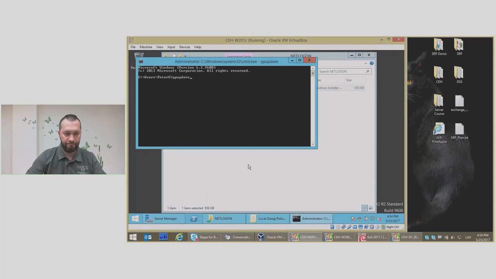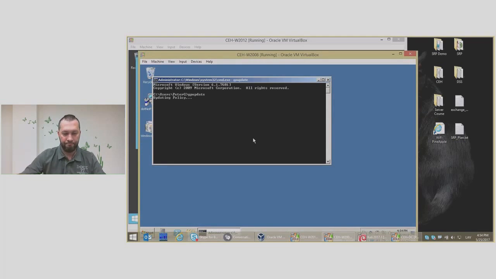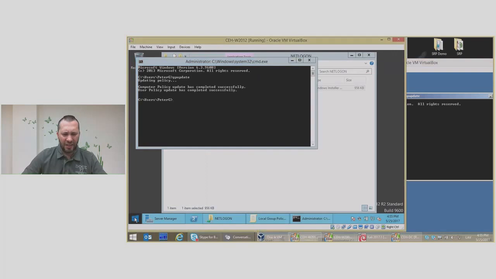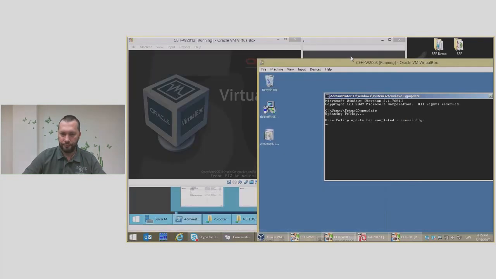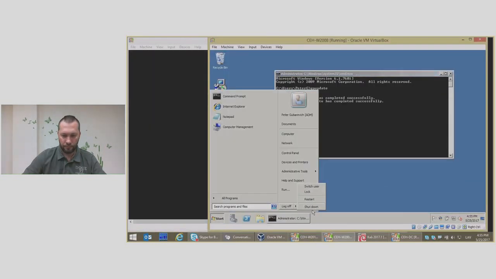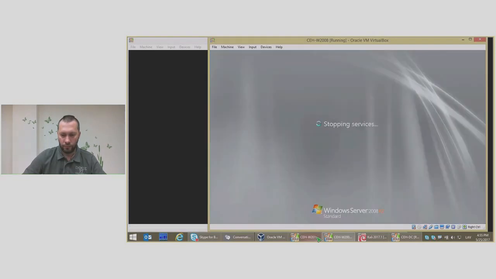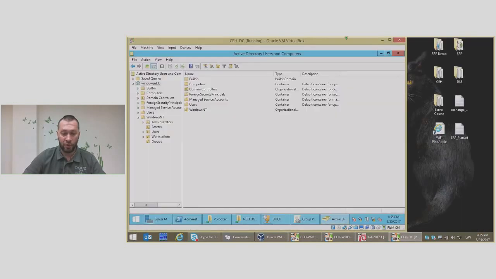GP update. The schema is extended. Okay, let me reboot the machine. This can be useful. And then I will check with the domain controller if something has changed in